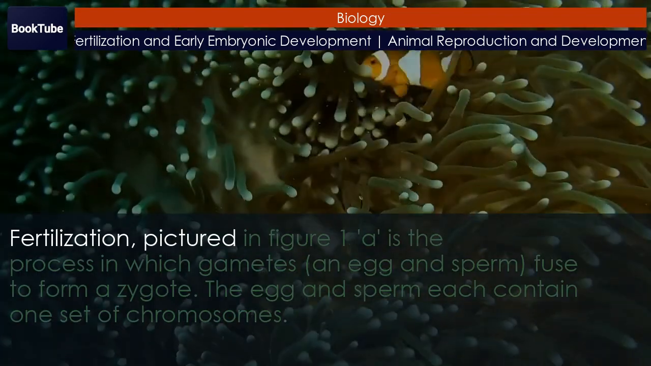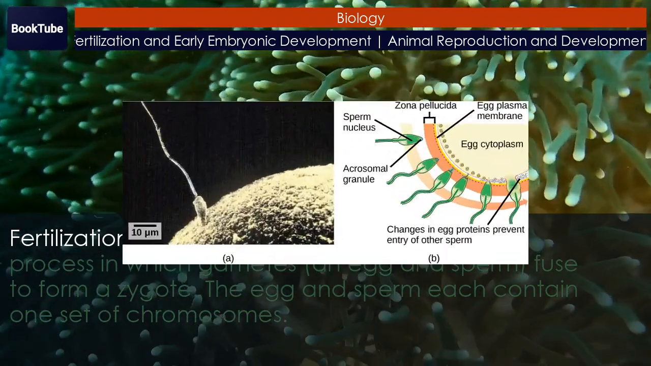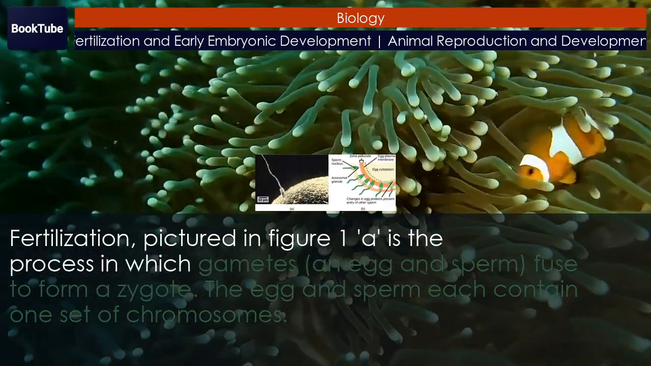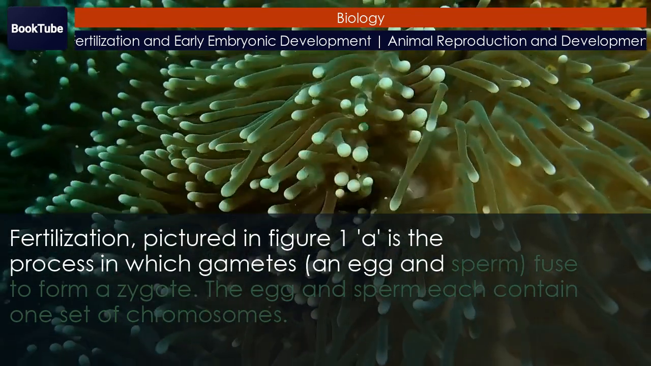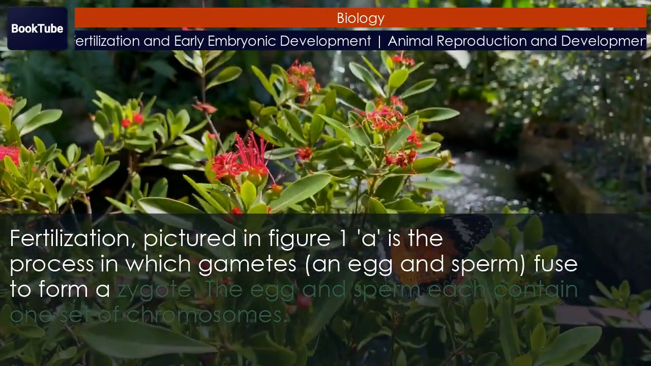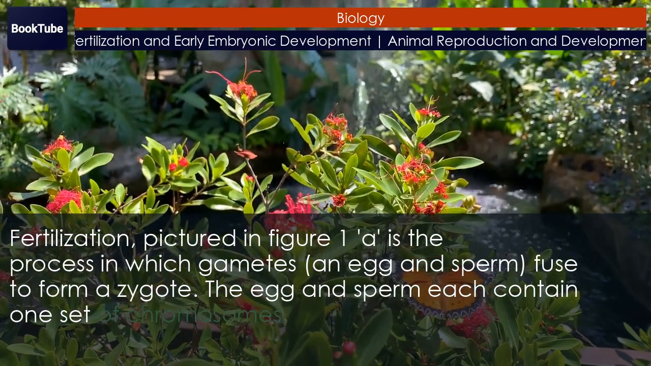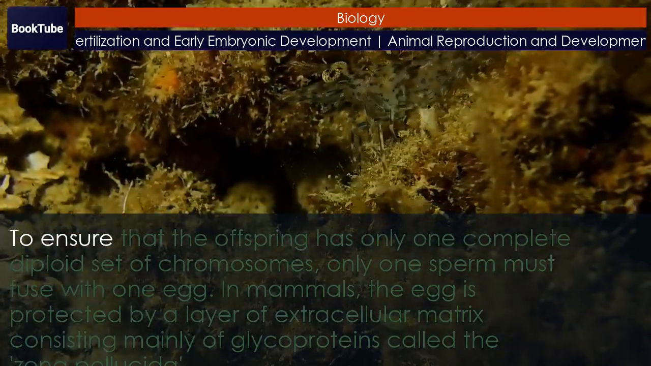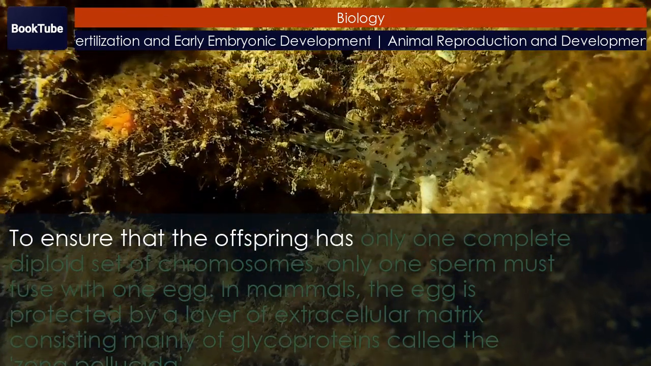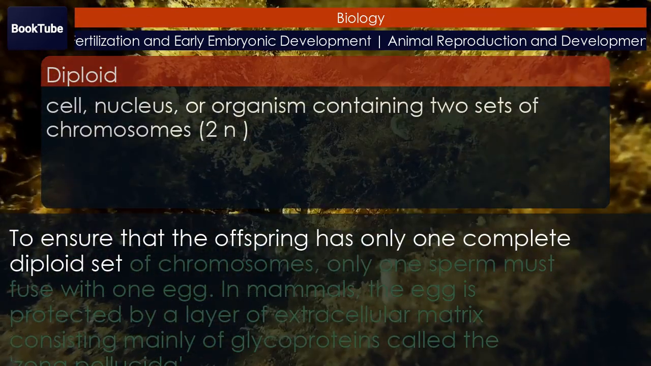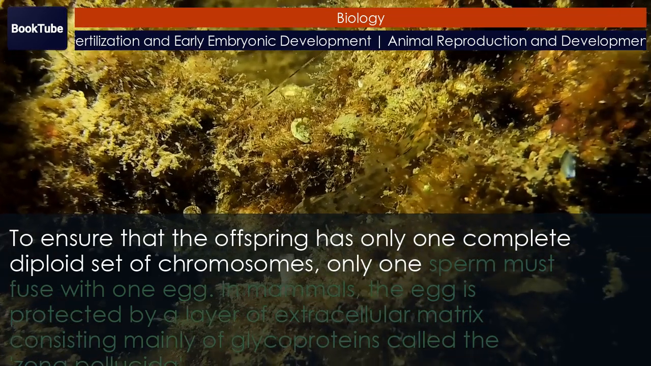Fertilization. Fertilization, pictured in Figure 1a, is the process in which gametes, an egg and sperm, fuse to form a zygote. The egg and sperm each contain one set of chromosomes. To ensure that the offspring has only one complete diploid set of chromosomes, only one sperm must fuse with one